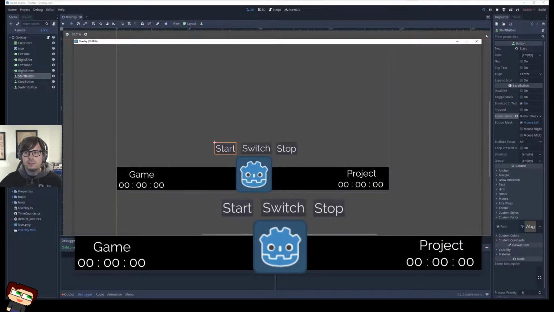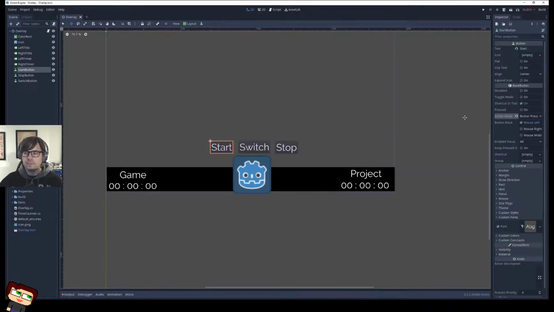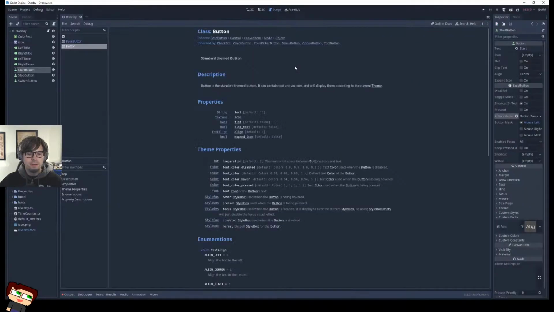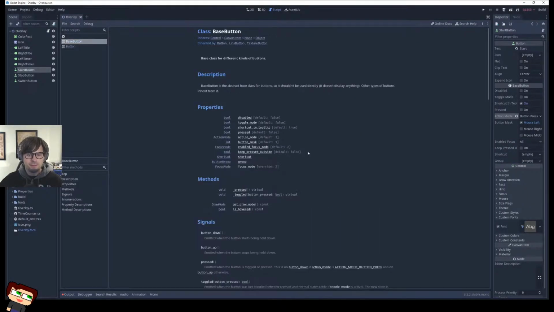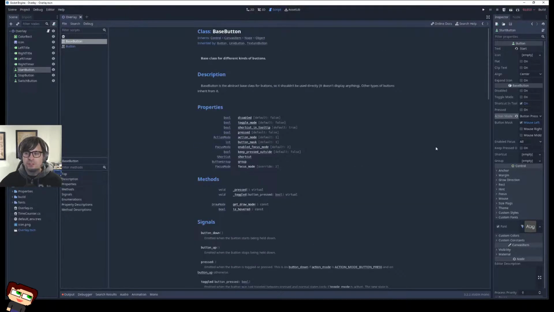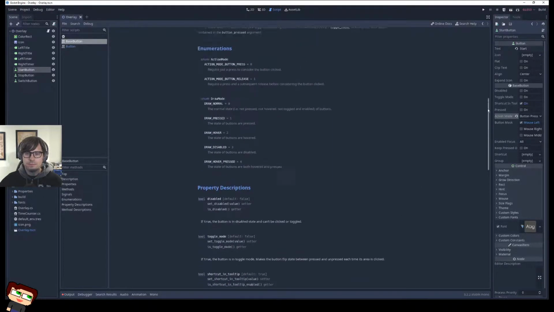Okay. Let's... Oh, it's getting that echo. Close that. What did I miss? I know I missed something here. Search. Button. Open it up. Base button. On the pressed event, if action mode... Whoa.